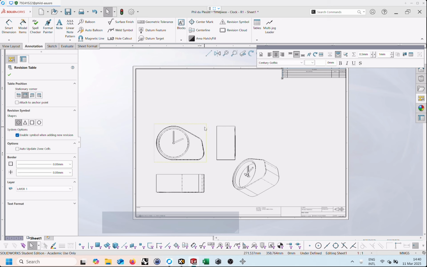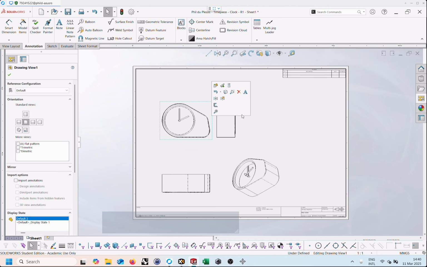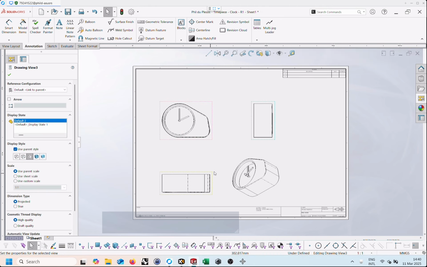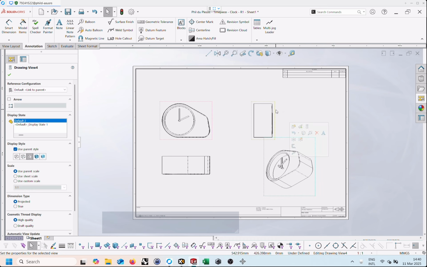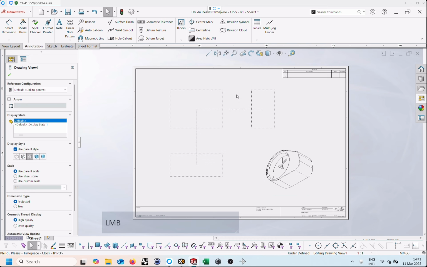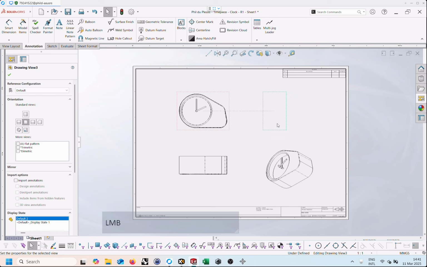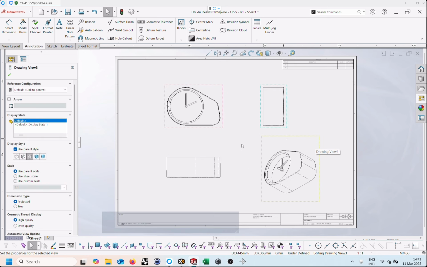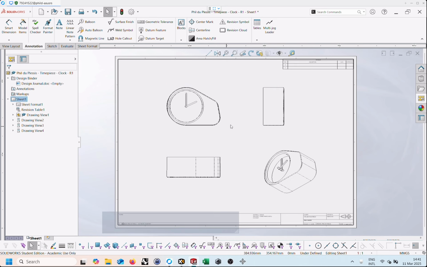That's your revision block, and then you'll need to move these out so that they're spaced neatly, so that it looks like there's a designer behind this, not someone who just dropped drawings in without thinking about it, because those things count. Okay, so here's my drawing. I would like to get some dimensions in, but before I do that, I just want to go back